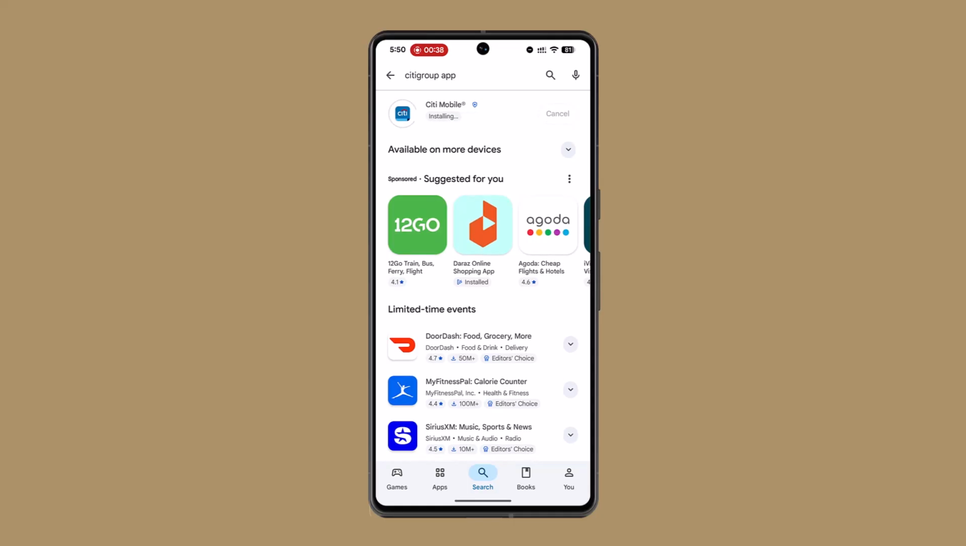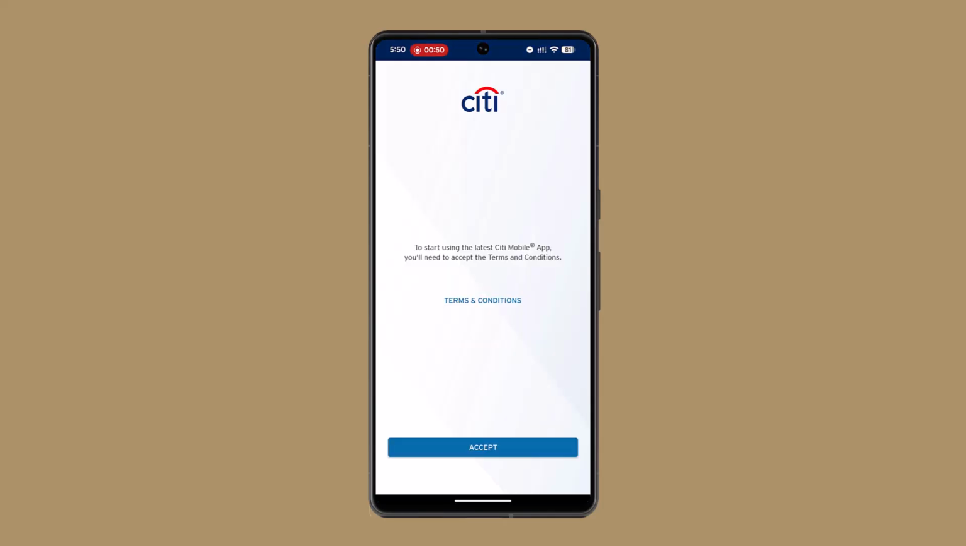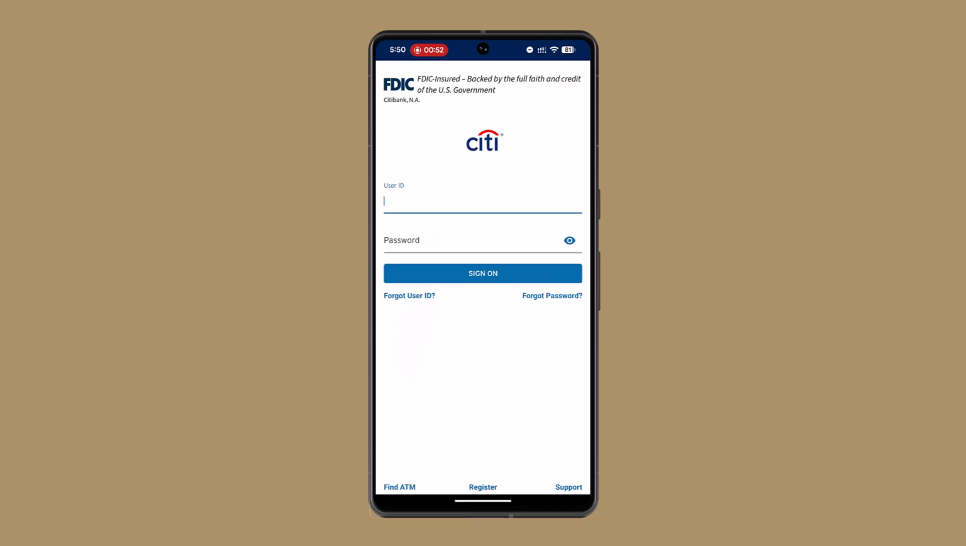So once the application is completely installed, you then want to click onto the open button. As you click on the open button, click on accept to read the terms and condition. So first thing first, you'll be prompted to enter in your credentials or the login information. Right now, if you don't have an account and want to create one, you click on the register at the